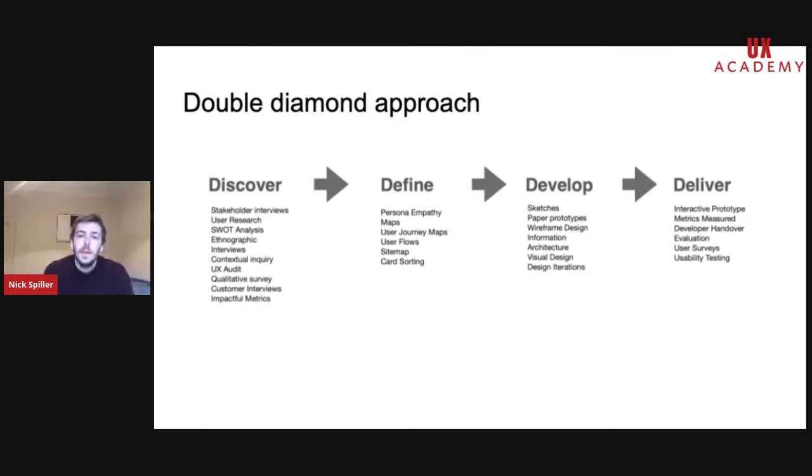But you might not be familiar with some of the more hidden steps, the steps that happen before you get to an end result. And those might be ethnographic studies, design interviews, customer interviews, surveys, that sort of stuff, all the way through to actually measuring the success of a product at the end of it. Obviously, all of this is